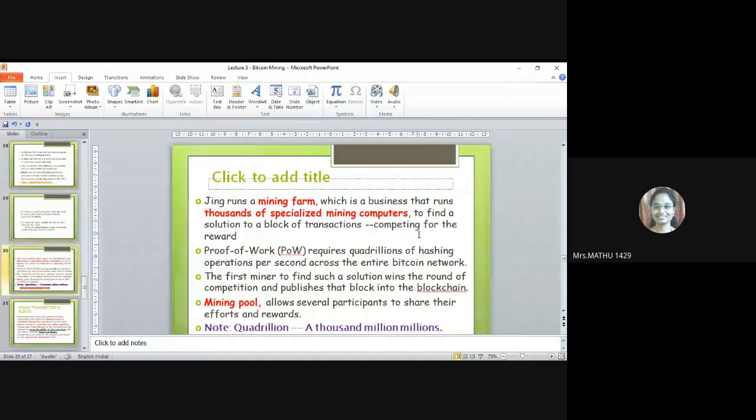So now we take an example. For example, Jing is a person who runs a mining farm. That means he runs thousands of specialized mining computers to find out the solution for the block of transactions. So whenever a new block,